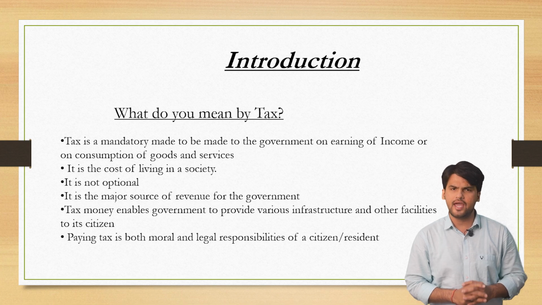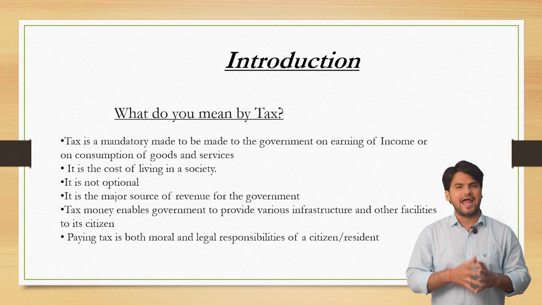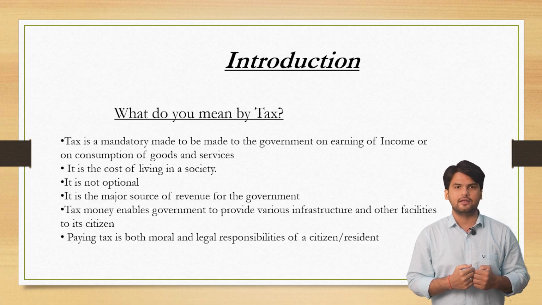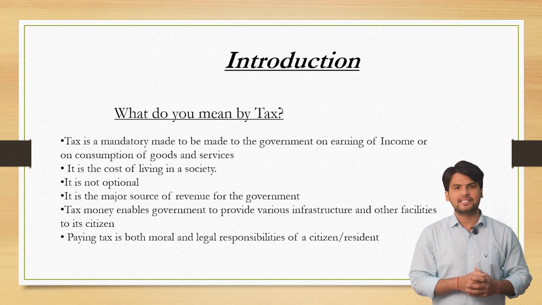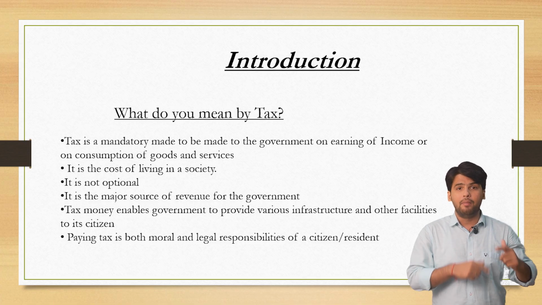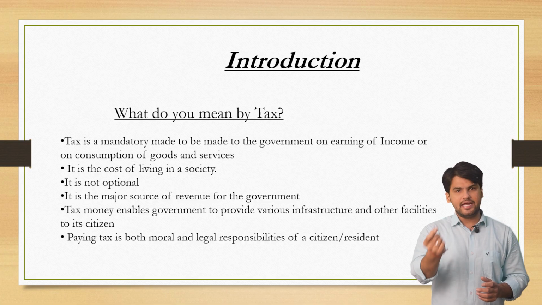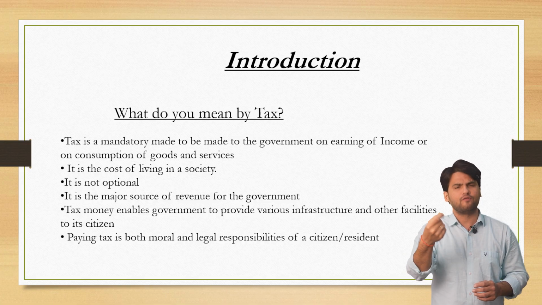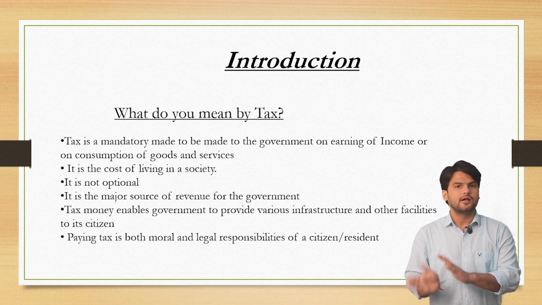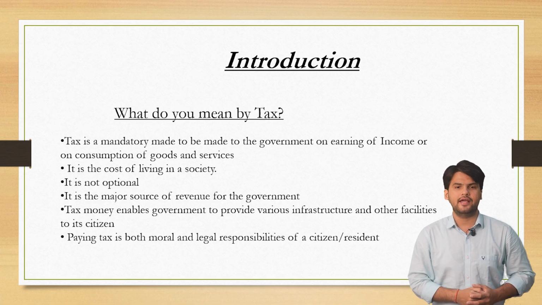In case of a direct tax, the person who is earning the income and the person who pays tax to the government are the same person. It means that if I am earning salary income, on that salary income, whatever tax is due, I will pay that tax to the government. But in case of an indirect tax, the burden of paying tax is shifted to a third person. It means I will pay indirect tax to the vendor of goods and services, and that vendor will in turn pay the indirect tax to the government. So the burden of paying tax is shifted, which is the feature of indirect tax.